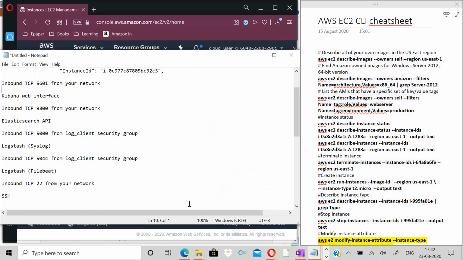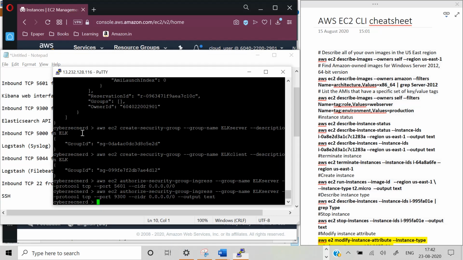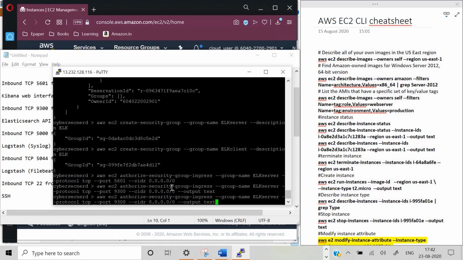So the third thing is we are again trying to allow the inbound connection at TCP port 5000, but this time we will not be giving the default CIDR range. We will only be giving the source associated with the security group. We have created one more security group, ELK client, and we will configure that security group.